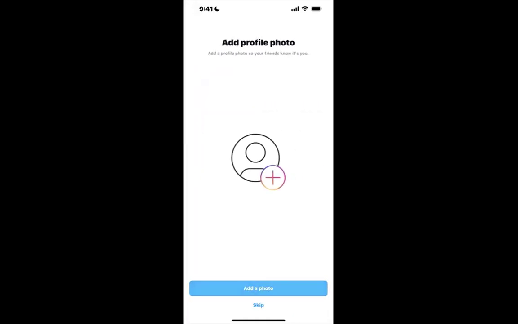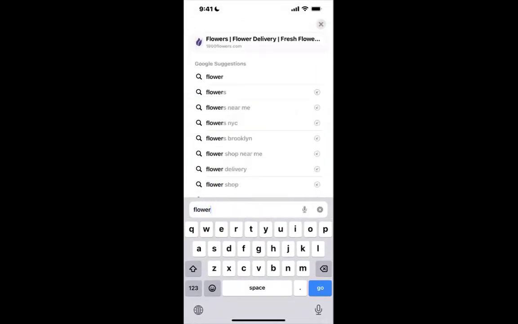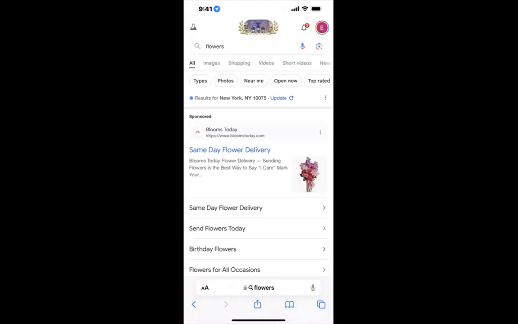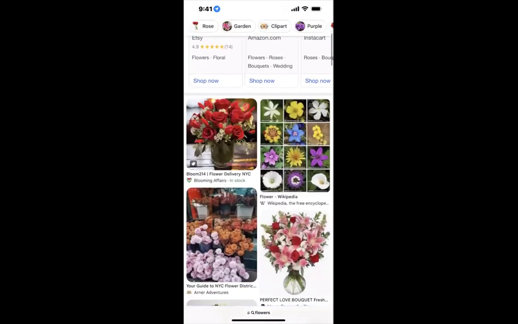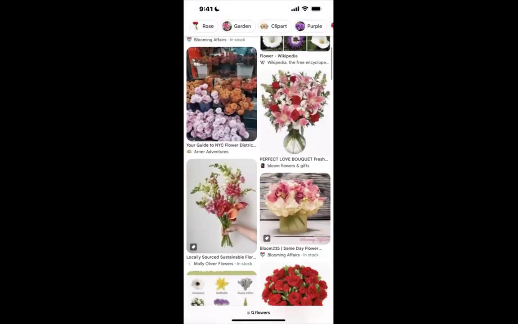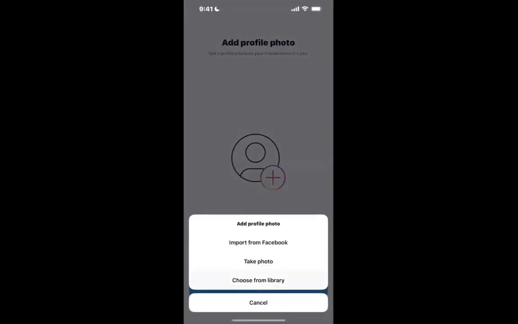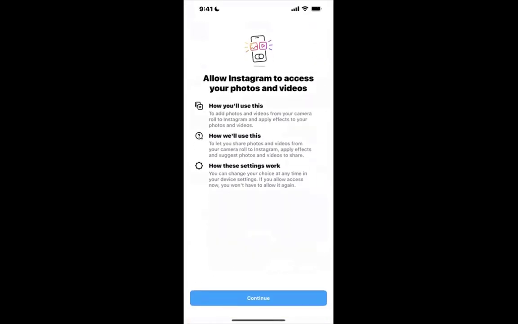Okay, so the next thing it's going to ask you is to add a profile picture. So this could, again, be whatever your heart desires. So if you're like, okay, I love flowers, you could make your profile picture a flower. So Evan's looking up a flower, so that we could put that as our profile picture. Or if my Instagram photo is a picture of me and my twin brother, just because I like how I look in that picture. Or if you want it to be a picture of your kids or of your dog